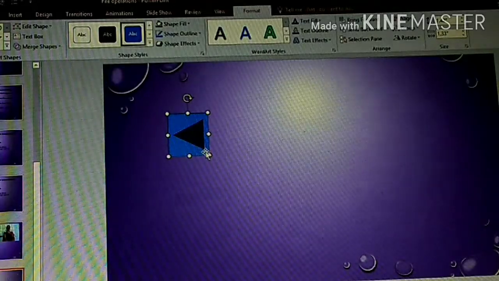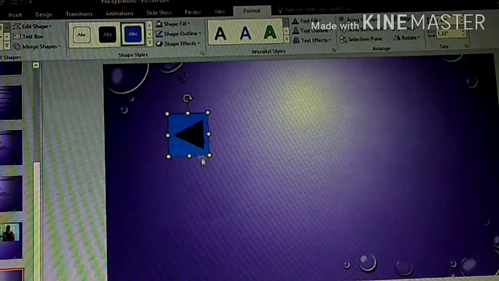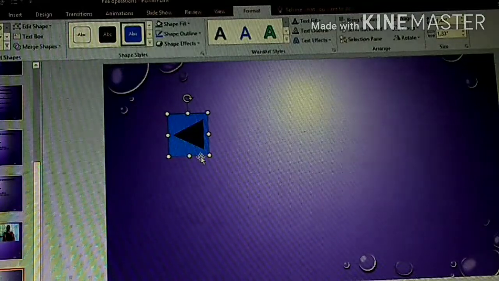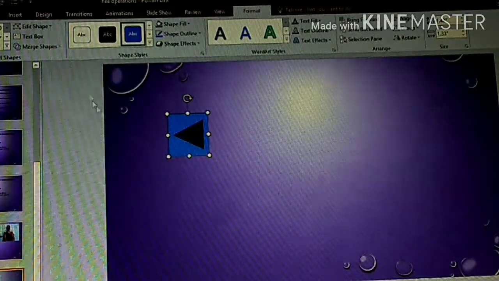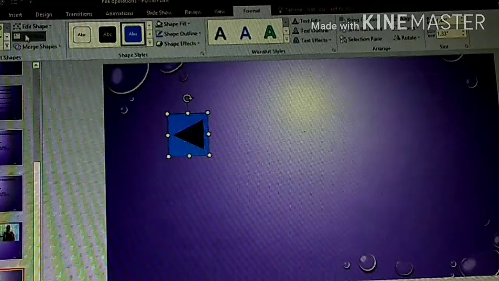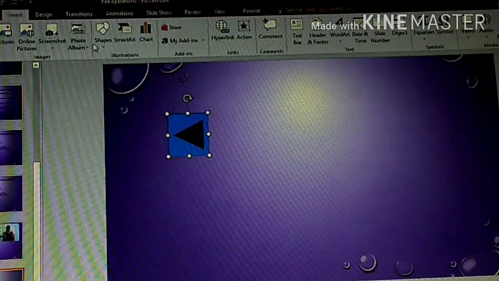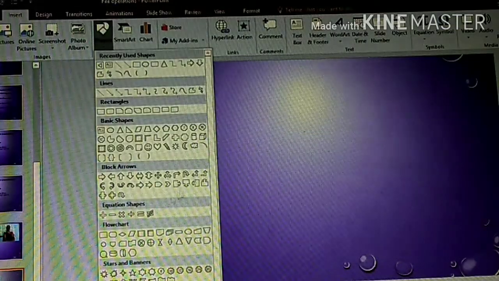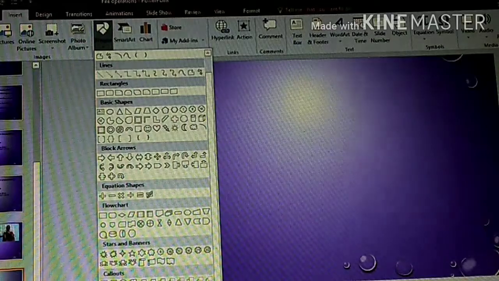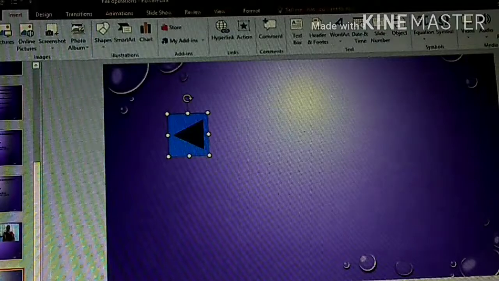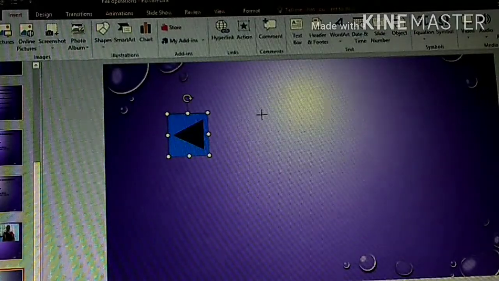So whichever action button you want to use in your slide, you can use and connect it. Even if you want to have it as a hyperlink, that you can also do. Like if I go to shapes, I'll select an action button from here. Suppose I select this, it has changed into the plus sign.